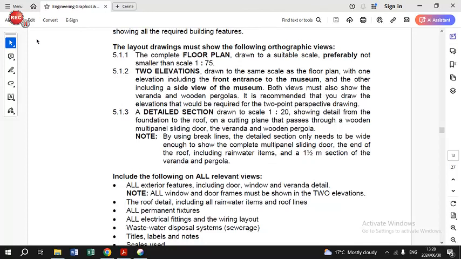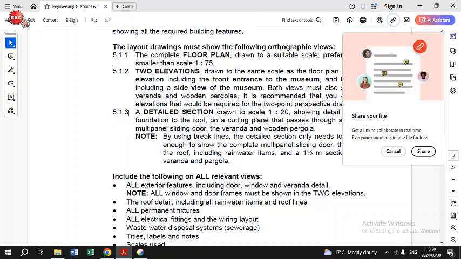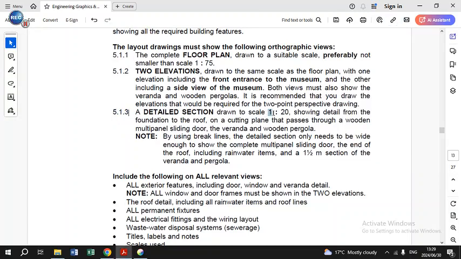Hi grade 12 WCED learners, we continue with our PAT phase 2 where we are going to be looking now at 5.1.3, which is that over there, and here it's a detail section drawn to a scale of 1:20, and you need to show the detail from the foundation to the roof on the cutting plane that passes through a wooden multi-panel sliding door. So you've got to put the cutting plane firstly through your multi-panel sliding door,